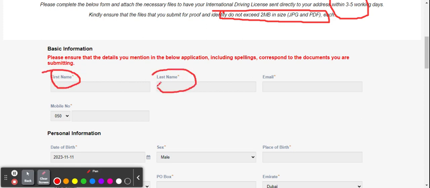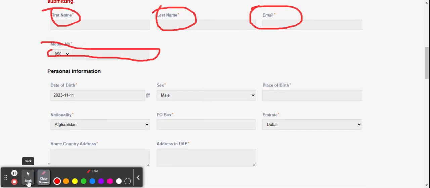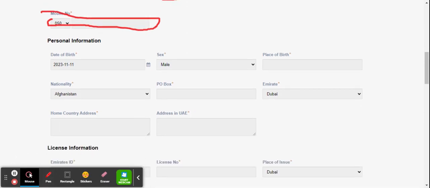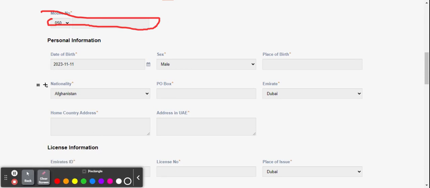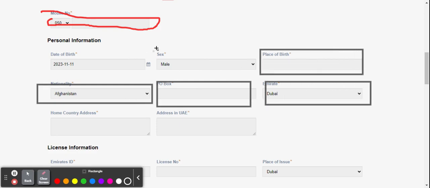At your leisure. Address and email address. Here you have to enter your basic information. Is your mobile number right here? And after that you have to fill your form below in a complete way. Will there be nationality here? Here is the date of birth, where you are living.